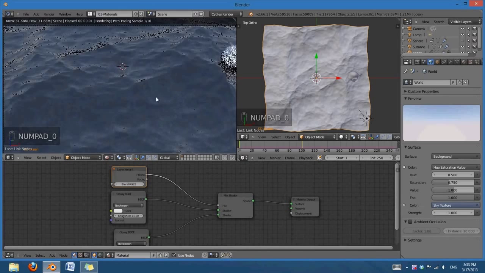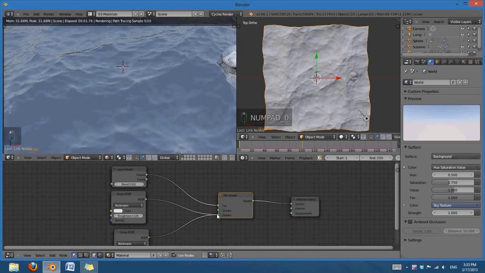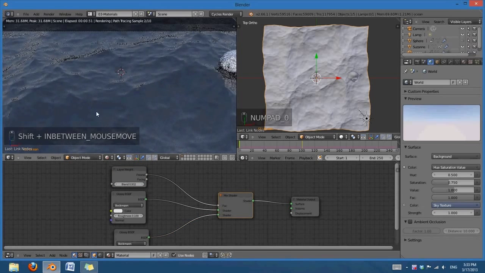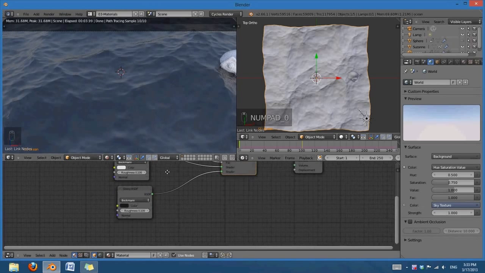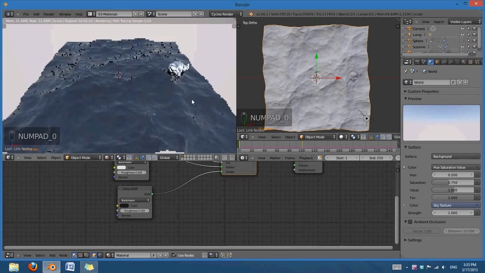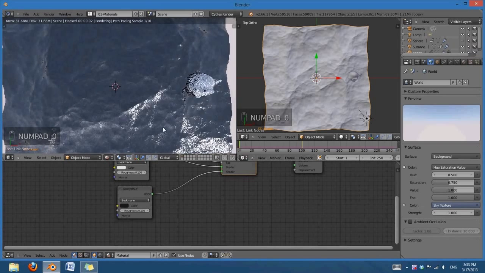But let's see, maybe I want to switch these. Nope, I had it right the first time. Okay, so what it's doing is it's kind of reflecting more on the top here, and then reflecting darker as you look down into it. So, there it looks a